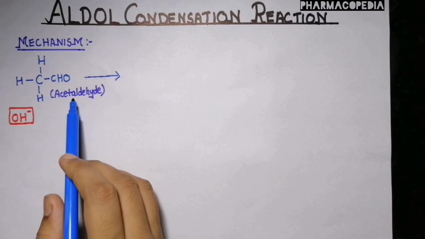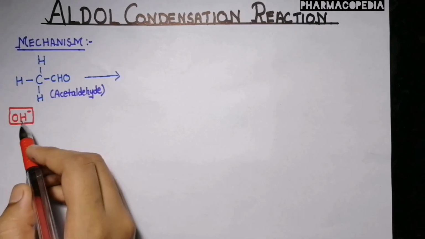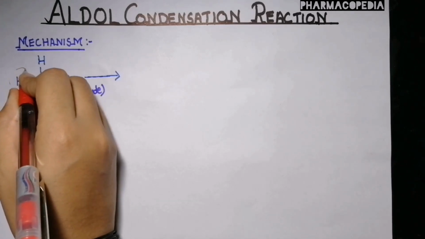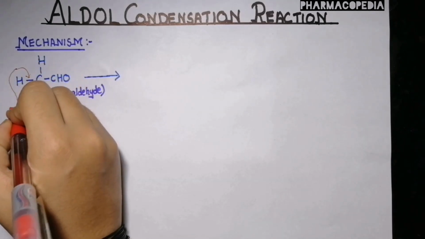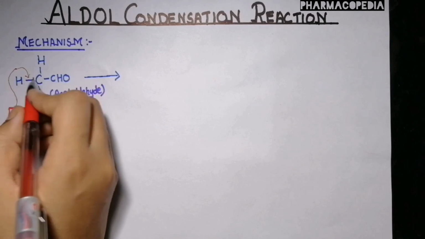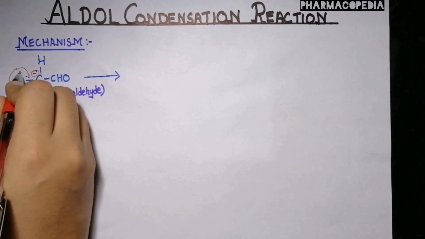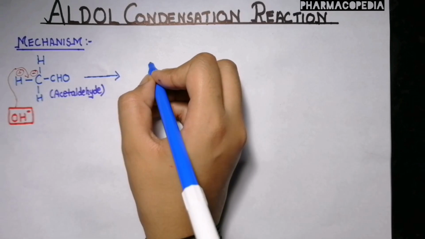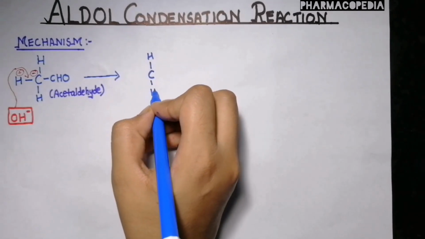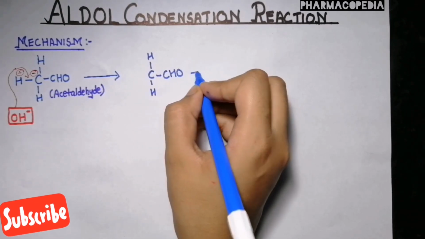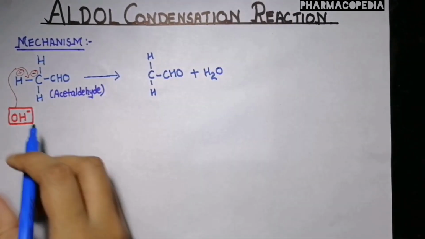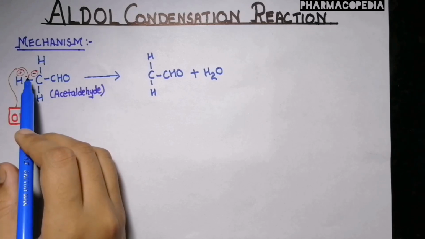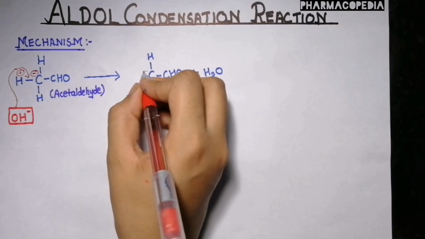So we have taken acetaldehyde. This OH comes from the NaOH which we have taken as a catalyst. तो फिर ये OH क्या करेगा कि ये अटैक करेगा कार्बन हाइड्रोजन बॉन्ड को, and as a result this bond will break, resulting in the negative charge on the carbon atom and the positive charge on the hydrogen atom. तो इसके बाद में जो हमें मिलता है वो है CH2CHO, plus H2O, and this H2O is formed from the H plus ion and the OH minus ion, leaving behind the negative charge on the carbon atom.